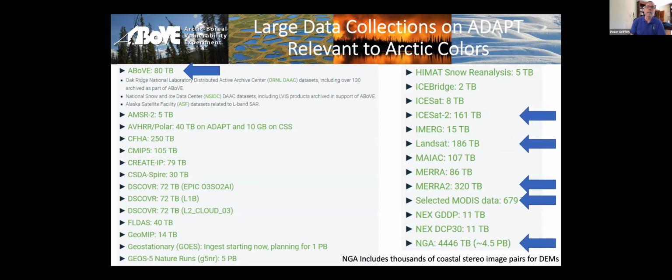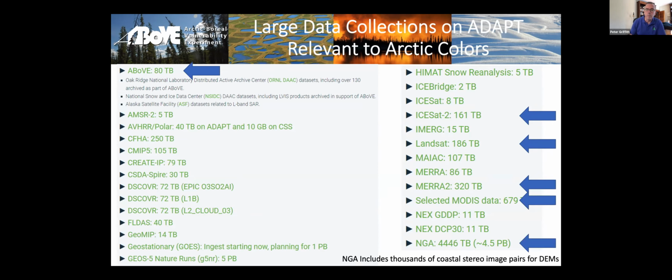Some of the data collections that are on ADAPT that are relevant to Arctic Colors, I've put the blue arrows next to some of the ones that came to mind. One is the 80 terabytes of ABoVE data from the 3 archive centers that I mentioned. It also has many terabytes of ICESat-2 data, all of the Landsat for all time for this region is staged there.